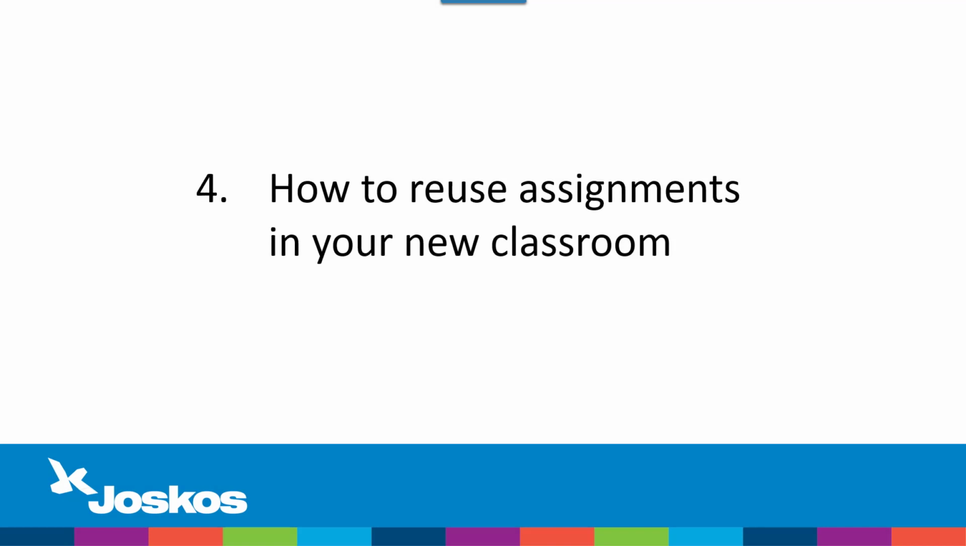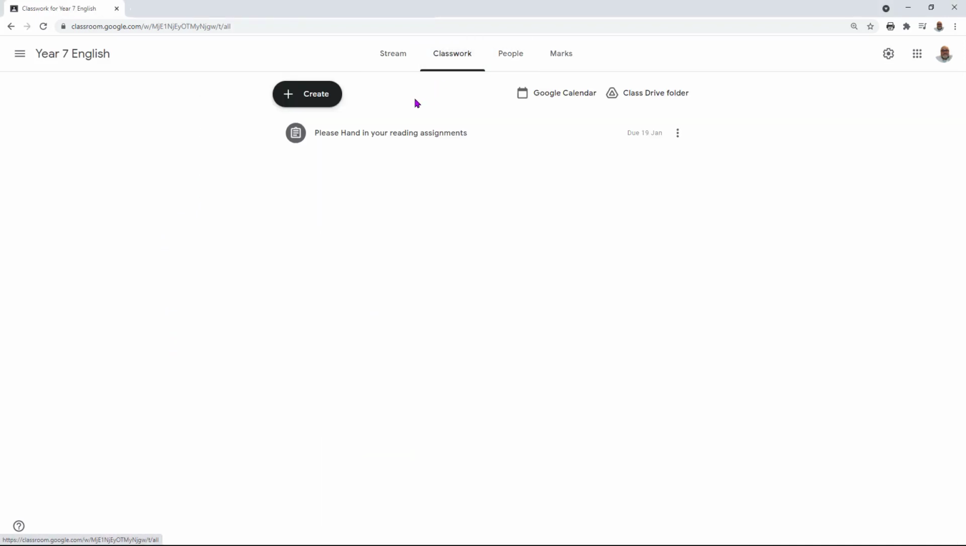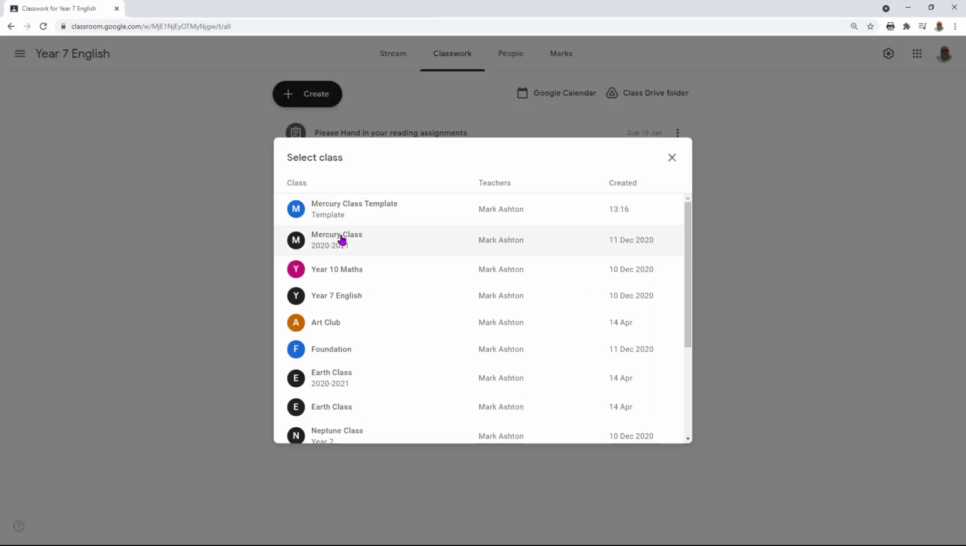Creating a template is not the only way to reuse assignments and posts. So let's have a look at an alternative. To reuse an assignment, go to the Classwork section of your Google Classroom and then click on the Create button. At the bottom, you'll see an option to reuse post. All of your classes will be listed, including archived classes. All you need to do is choose the right class,